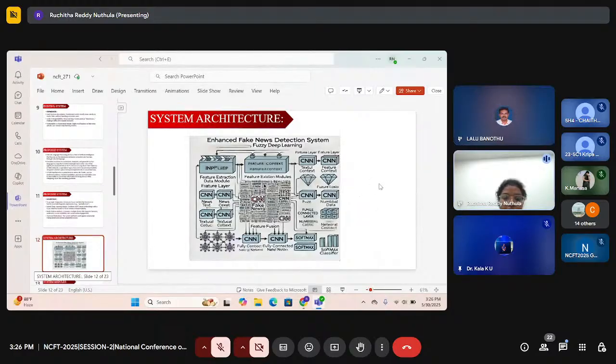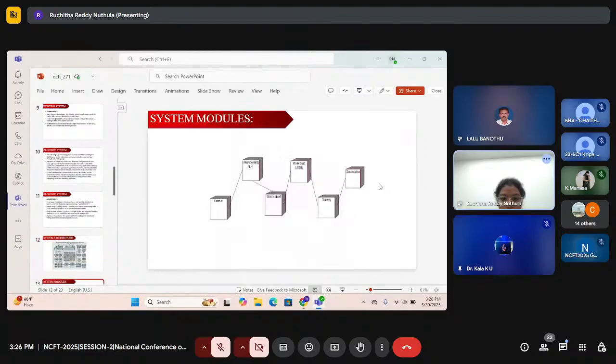In this architecture, we give textual context to the model, and then we get the result like fake or real. In system modules, first of all, here we use the LIAR2 dataset, and we first need to clean it using natural language preprocessing, and then we convert it. As we are passing text, our machine cannot understand it, so we must perform